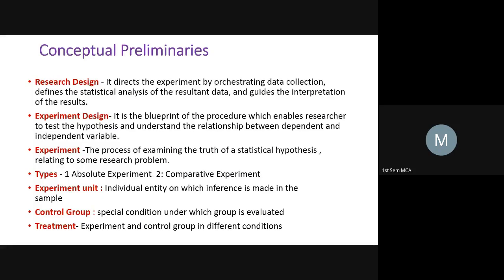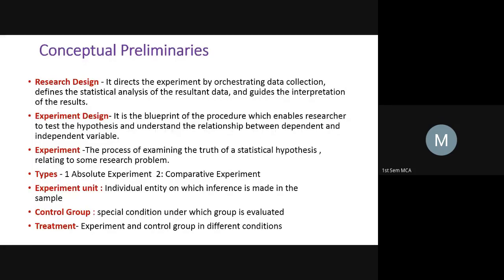if I put x is equal to 1, y will be equal to 2. If x is equal to 2, then y will be equal to 4. If x is equal to 3, y will be equal to 6. So that means the value of y depends upon the value of x. So x is an independent variable and y is a dependent variable. Next, this is the first thing, this is something about variable.